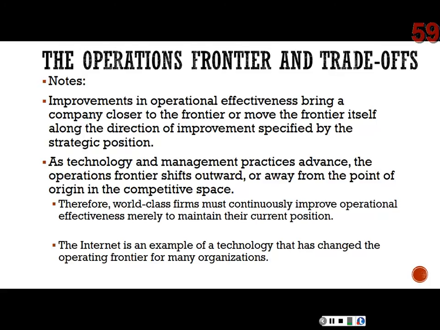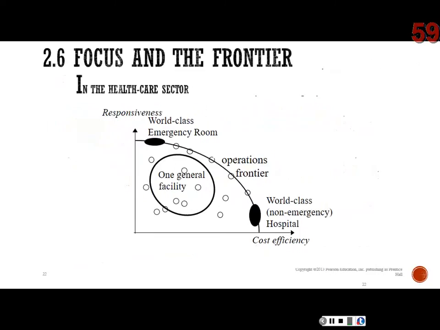So when we talk about the operations frontier, there are trade-offs that go along with that. Improvements in operational effectiveness bring a company closer to the frontier, or move the frontier itself if you're already on it, along the direction of improvement specified by the strategic position. As technology and management practices advance, the operations frontier shifts outward, away from the point of origin in the competitive space. So what the first one is saying is, as I shift resources, I'm either going to move towards the frontier or away from the frontier,